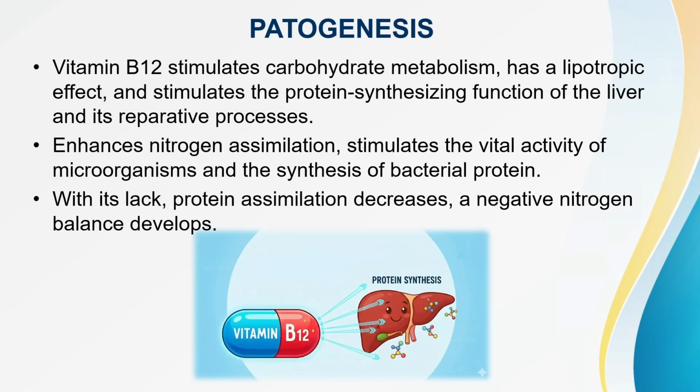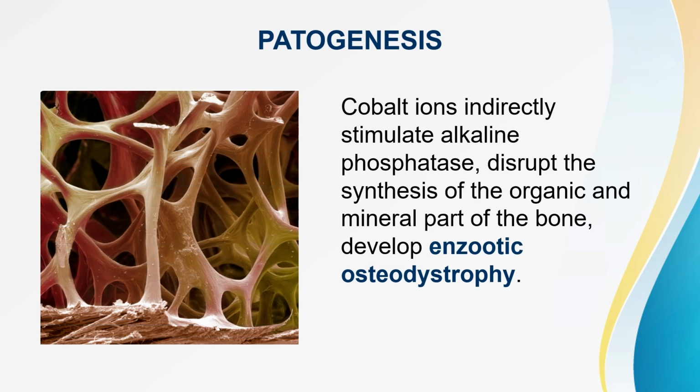Vitamin B12 stimulates carbohydrate metabolism, has a lipotropic effect, and stimulates the protein synthesizing function of the liver and its reparative processes. Enhances nitrogen assimilation, stimulates the vital activity of microorganisms and the synthesis of bacterial protein. With its lack, protein assimilation decreases, a negative nitrogen balance develops. Cobalt ions indirectly stimulate alkaline phosphatase, disrupt the synthesis of the organic and mineral part of the bone, develop enzootic